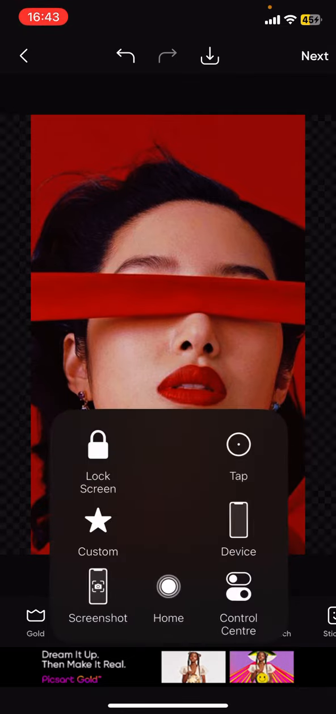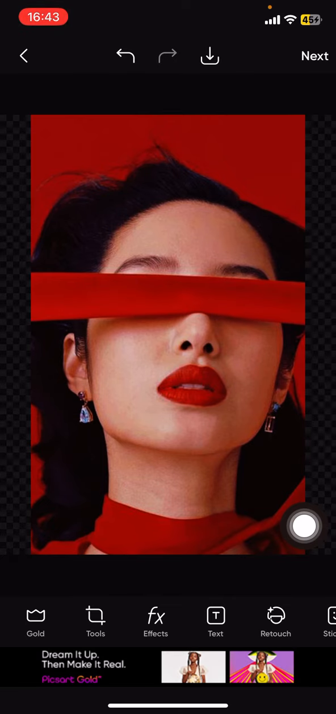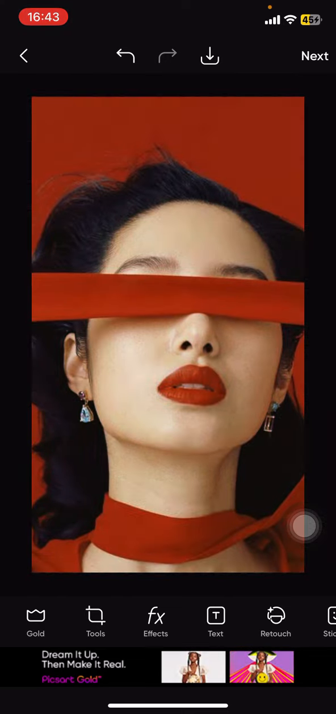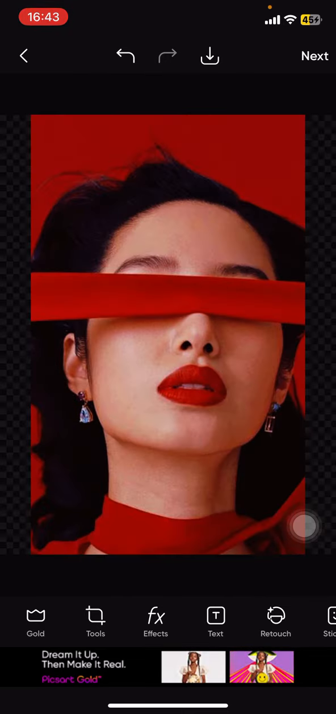So let's just compare between before and after. So this is before we edit. So this is after we edit. You can see the difference, right? And whenever you're done, you just need to download this picture by clicking this. And you are done. So that is the way how to make a good picture or edit a good picture